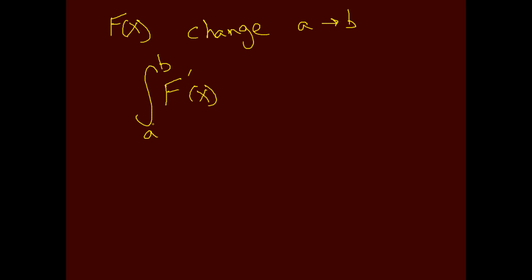We were just doing that in the previous problems, and the change in position was going to be the integral of the velocity function from a to b. And what is the velocity with respect to the position? It's the first derivative. So taking the derivative of a function and then integrating it from a to b gives us a net change. And we're going to use this